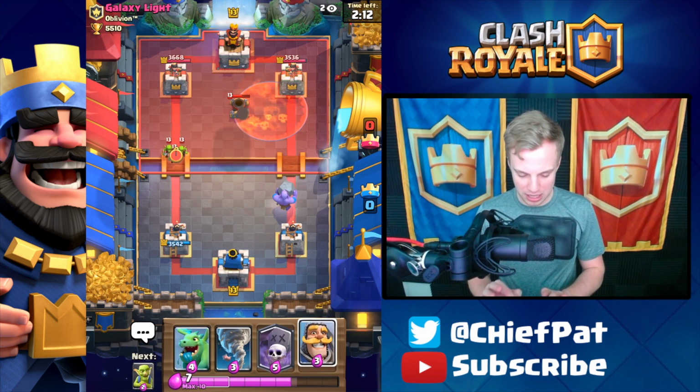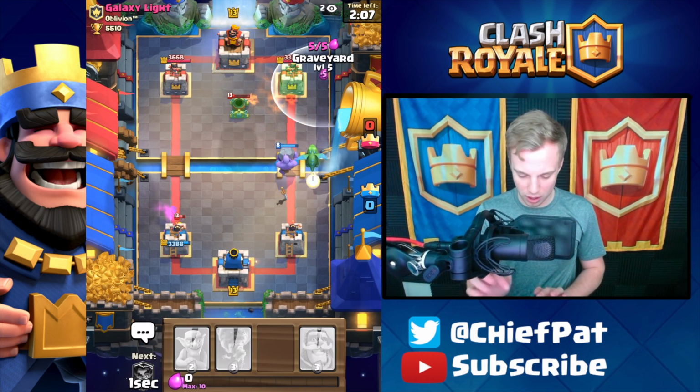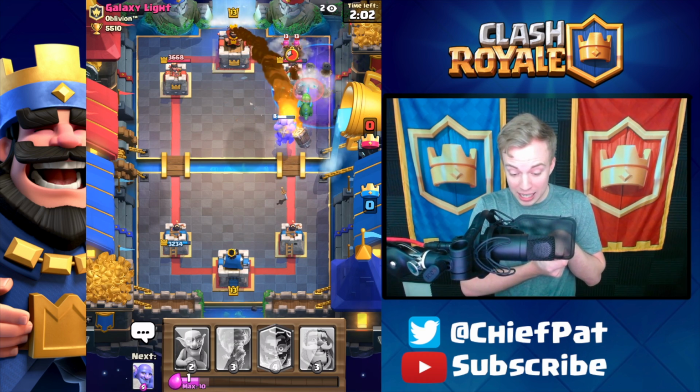And that's going to just be a dandy little start to the game. I'm not even going to worry about these goblins. He's going to go crazy with these goblins. So let's go and do our graveyard. A little bit of a questionable push right there. I need that mortar to die. Mortar's going to die. Rocket is going to...